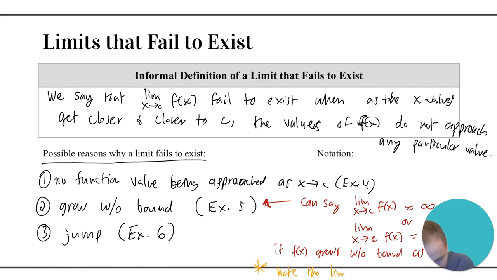note that the limit still fails to exist in these cases where it tends towards infinity. Okay, so like for a limit to exist, it needs to approach a particular real number, right? But it is actually preferred that in the cases where it is for sure going towards an infinity or negative infinity, that you just say it equals infinity and equals negative infinity. Do that, please, but just know that in those cases,